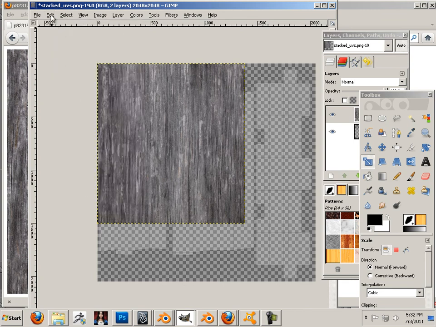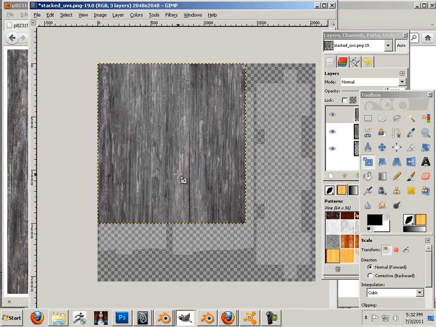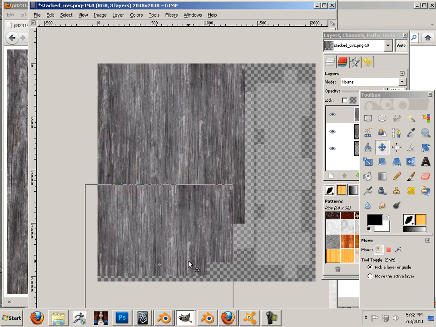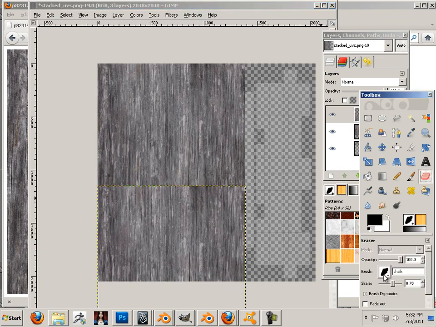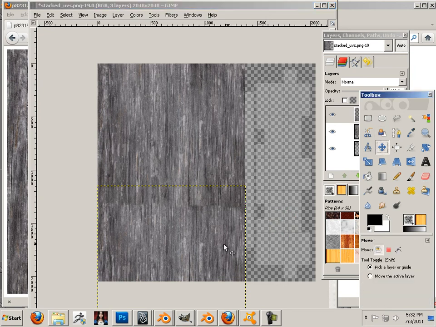Edit, copy, edit, paste as, new layer. Let's move that one down. And remember that eraser that I made, that chalk eraser? This works good here too. Okay, and there's another eraser right here that works with the chalk, in that I can make some kind of feather going on there. Okay, and now what I do is just kind of skosh it around using the arrow tools